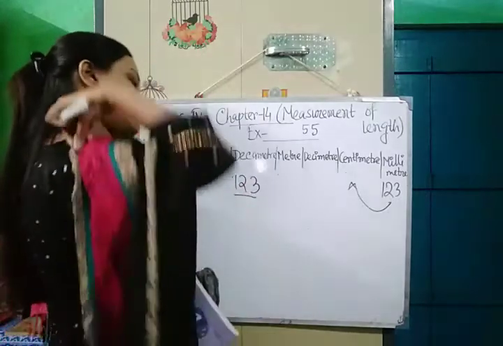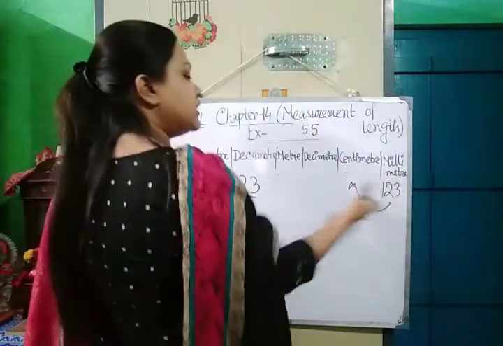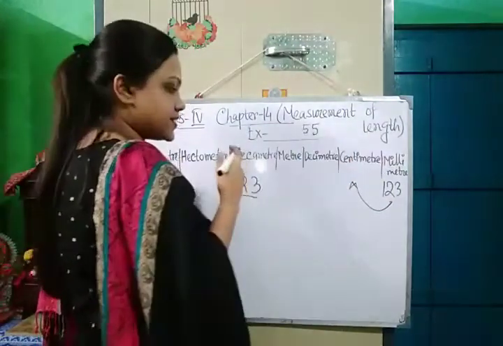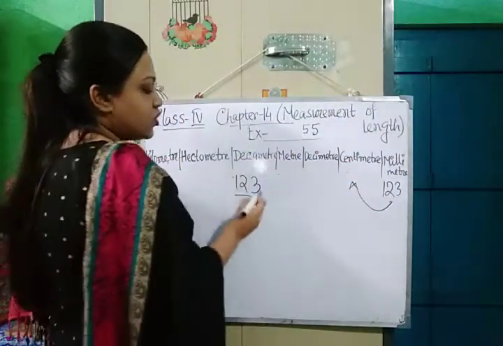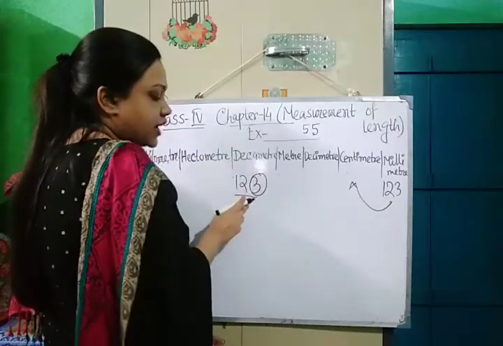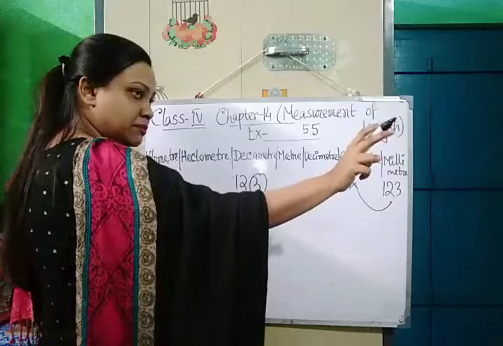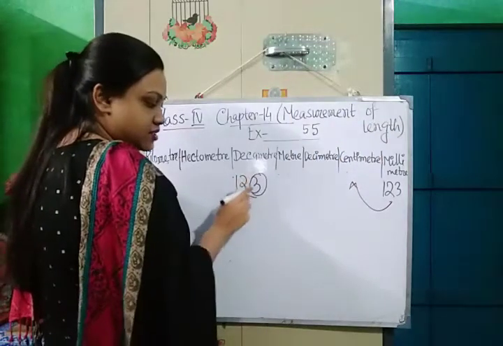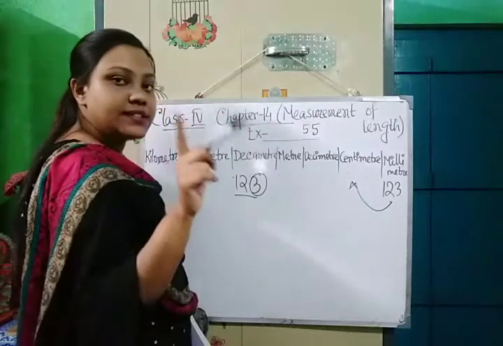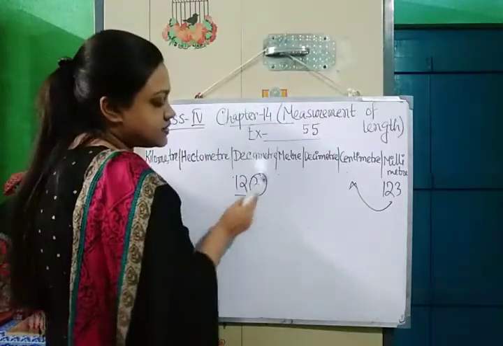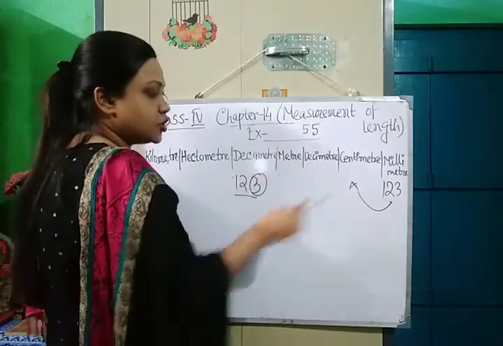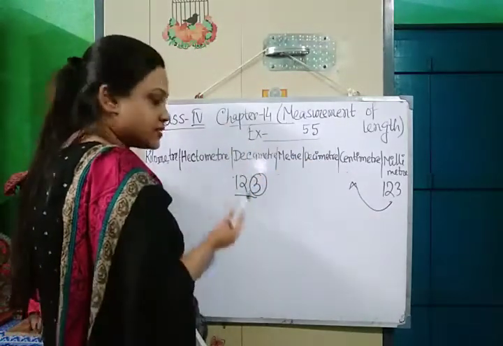See, we are moving to the left one place, from millimeter to centimeter. So we will take only one digit at the right, only one digit at the end of the number, that is 3. Since we are moving to the left only one place, we will take only one digit. One place, so one digit. Two places, then two digits.